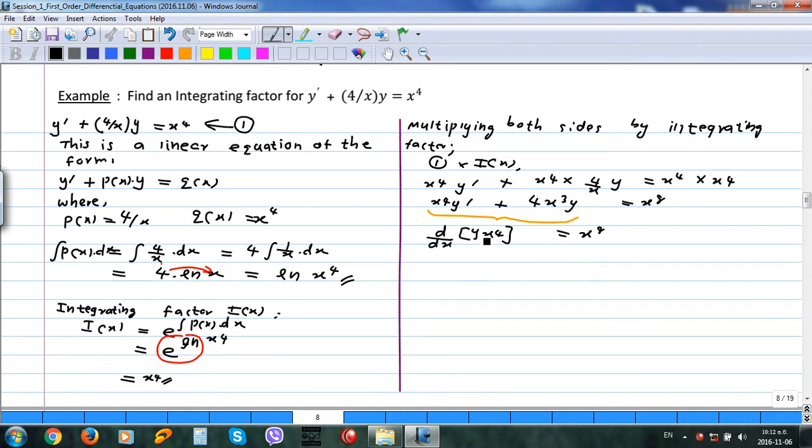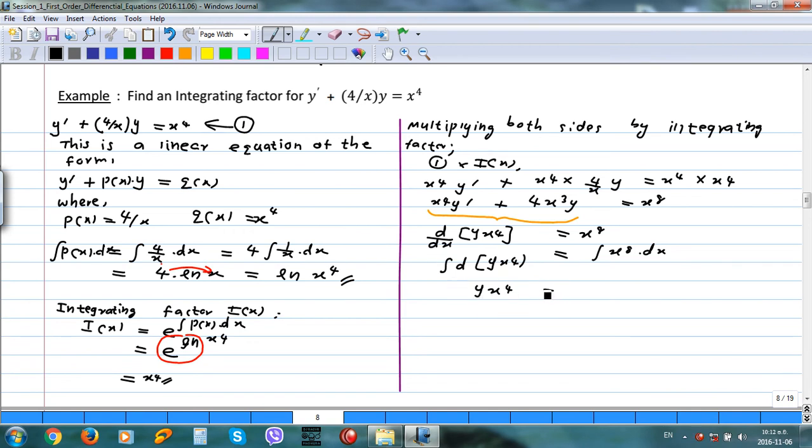Then I am sending dx to that side and taking the integration: d of y x to the power 4 equals integration of x to the power 8 dx. So remaining only y x to the power 4 equals x to the power 9 divided by 9 plus c,